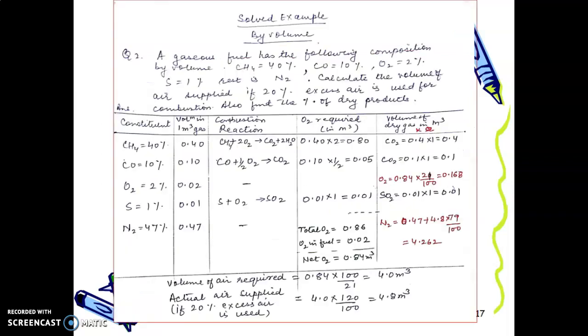If the constituents change here, then you can write down the combustion reactions for any component, as we have discussed in the slides above, that the combustion reaction can be written for any set of constituents, any set of combinations. If you have these values in a limited amount, for example only CH4, CO and O2, then you don't have to calculate for the others. Whatever constituent is present in that particular fuel, you have to calculate taking the data present in the first column.